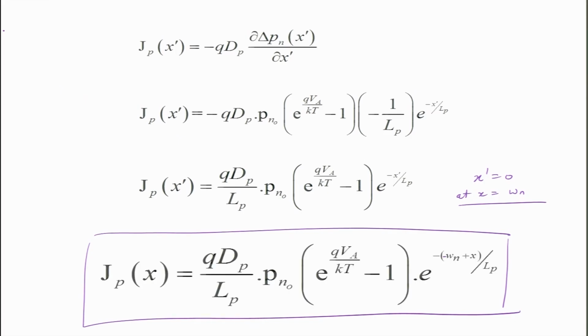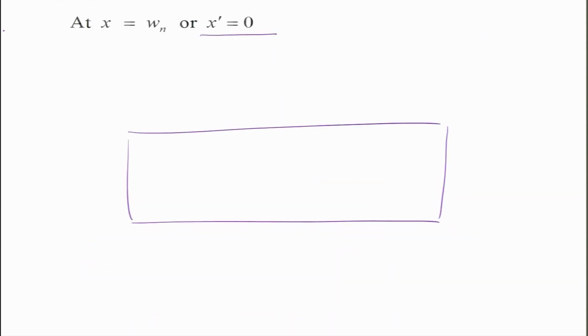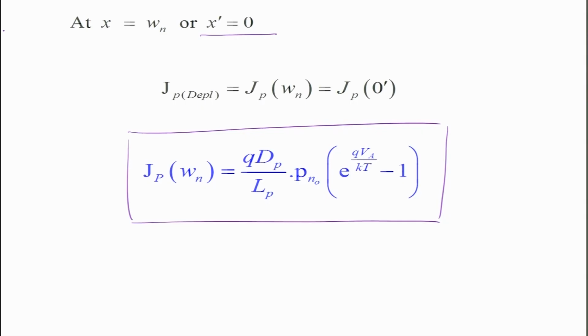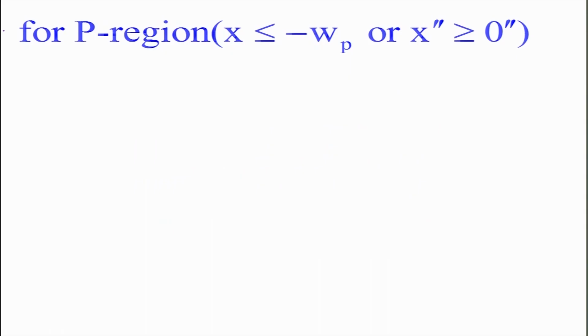So Jp(x) is equal to q Dp by Lp into Pn naught into exponential qVA by kT minus 1, into exponential of minus (x minus Wn) divided by Lp. So at x prime equal to 0, that is x equal to Wn, this factor becomes 1. So at x equal to Wn, we get Jp at Wn is equal to q Dp by Lp into Pn naught into exponential qVA by kT minus 1. A similar expression you get for the